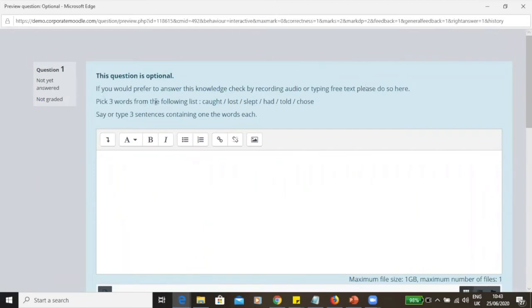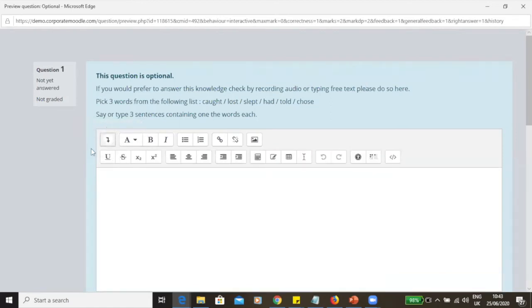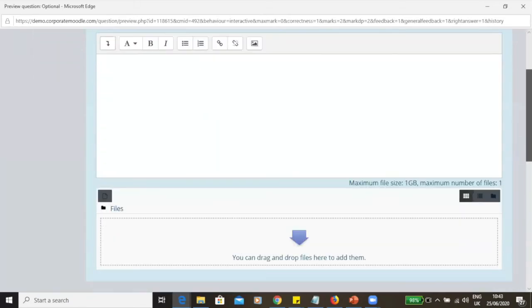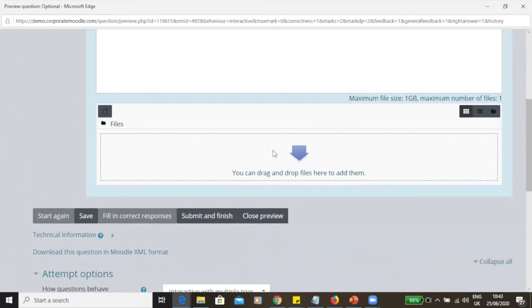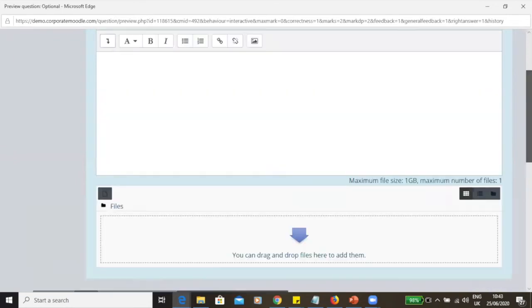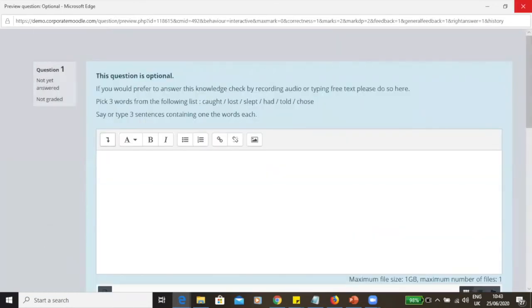And we give a little guidance. We can see there that it is possible to type in directly. And then we've got the file upload option that we've given as well. So they can upload audio or video and add it there. And that means that for any learner,